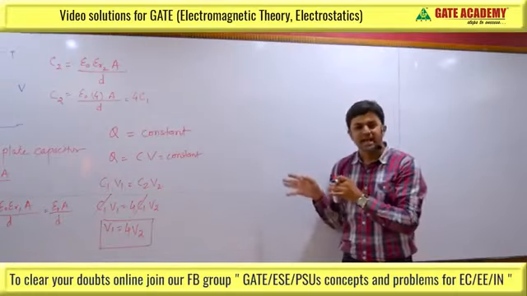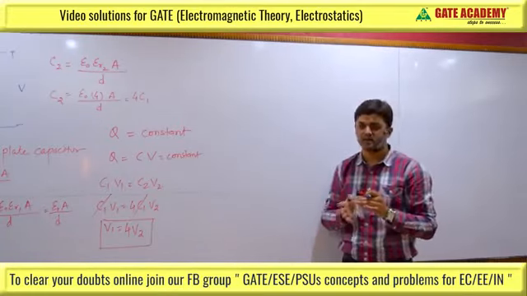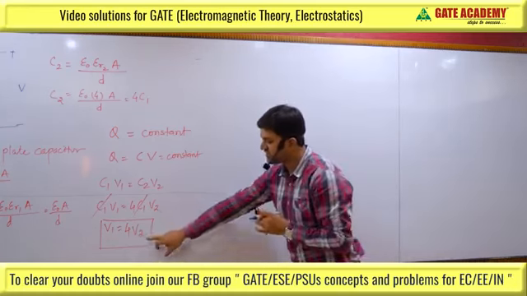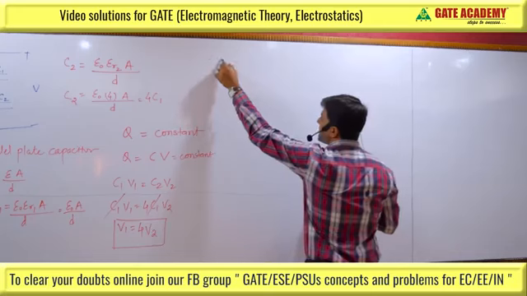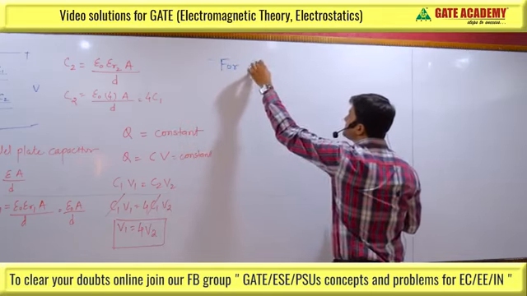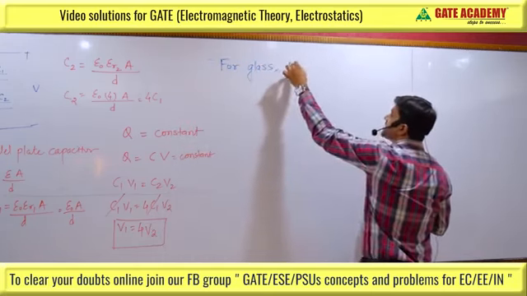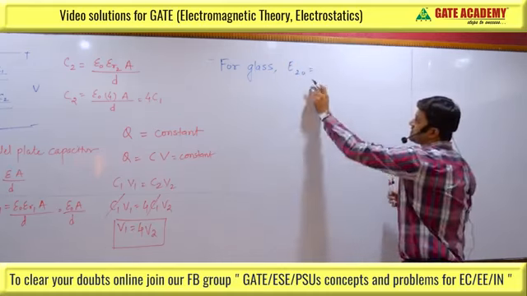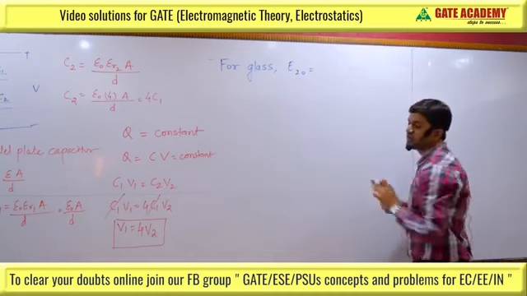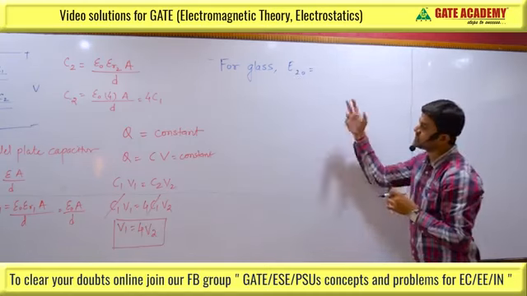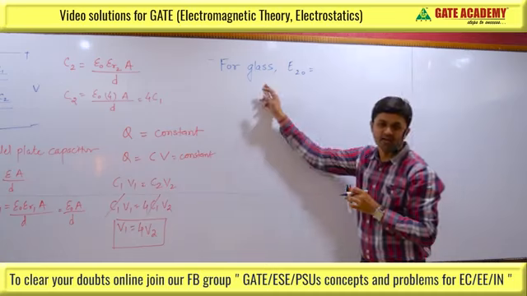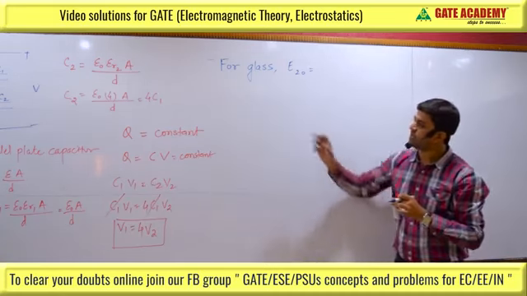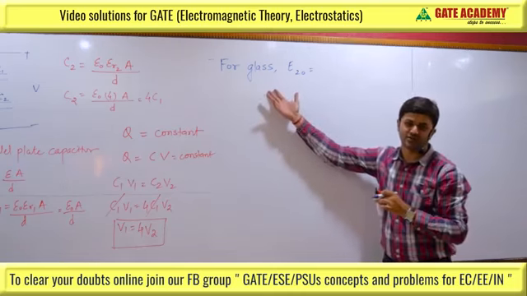Now, in this case, we started from air. Now, let's start from glass. So, we have calculated V1 equal to 4 V2. So, for glass, the electric field is E20. We are considering now the dielectric strength of glass. In the previous case, we started from the air, so it can come to mind why we have not started from the glass. So, let's try to start with the glass also.